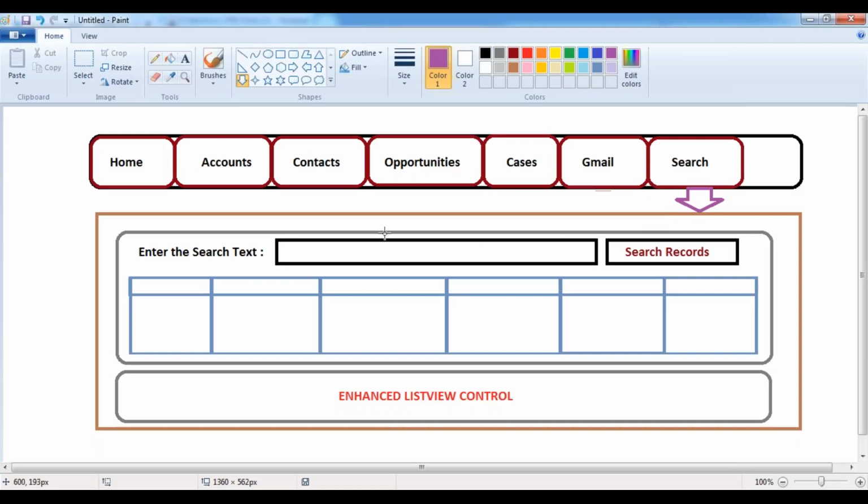Whenever you want to redirect the user to a specific Visualforce page upon click on the tab, you use Visualforce page tabs.